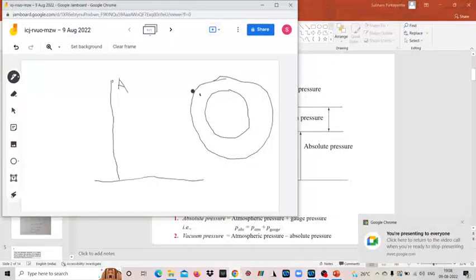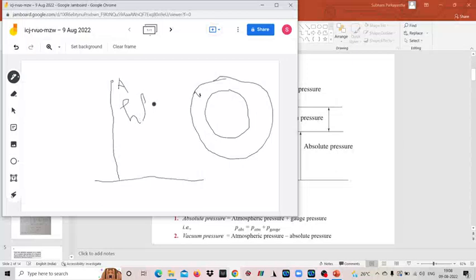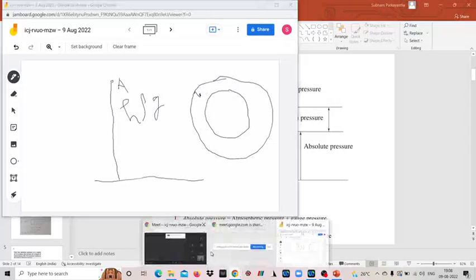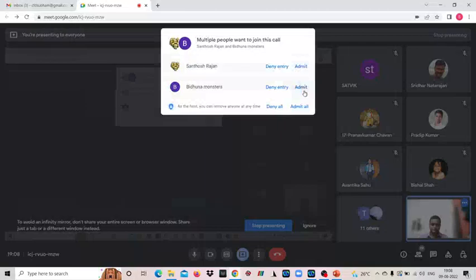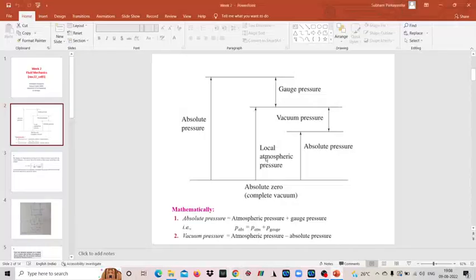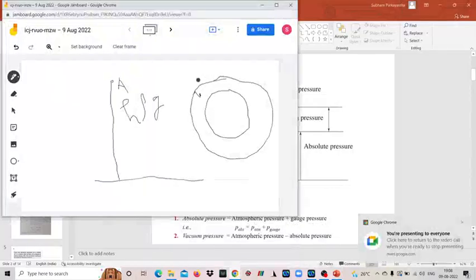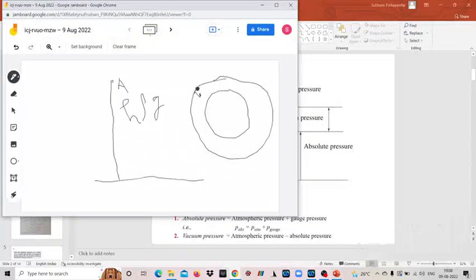Above this point, this is the depth of the atmospheric layer. As we have seen, the static pressure is h times rho times g. So this is the pressure. Now if you go down, this pressure keeps on increasing. So on the surface of the earth, the pressure exerted because of the